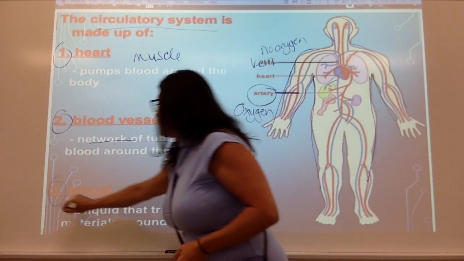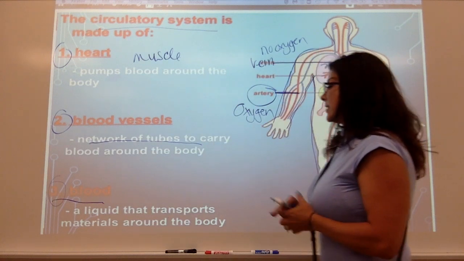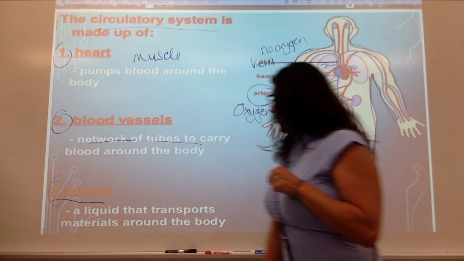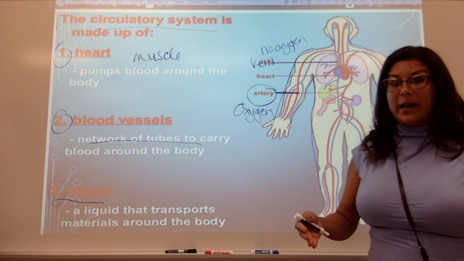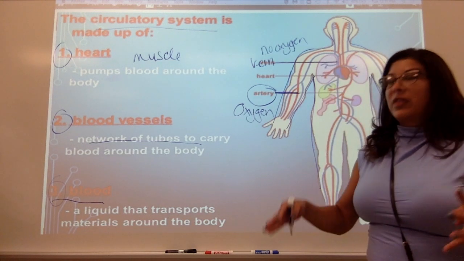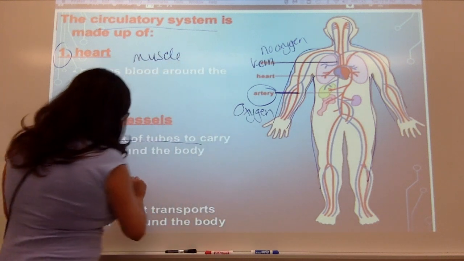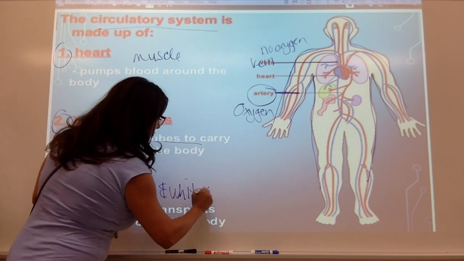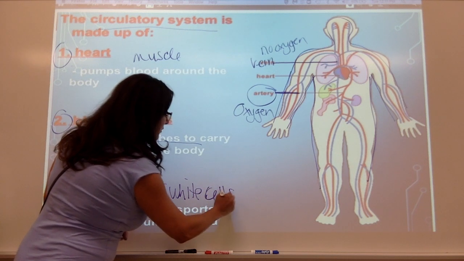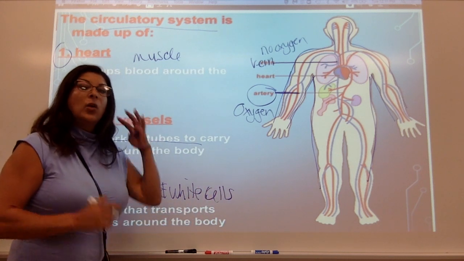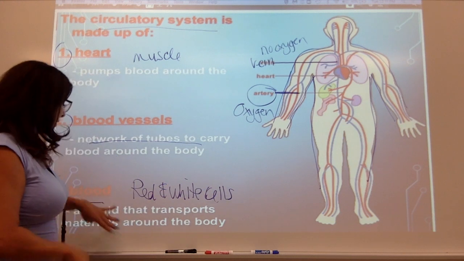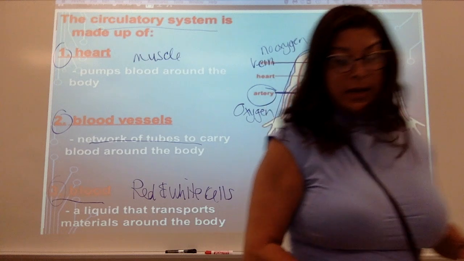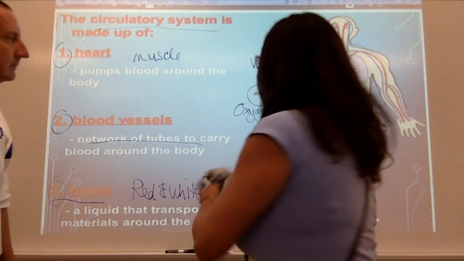Last but not least, the third part of the circulatory system is the blood, and that is absolutely crucial. It is a liquid that transports materials around the body. Blood is made up of a ton of things, but more importantly, there are red and white blood cells. You're also going to have digestive material and platelets. We'll go into this in more detail, but know that there's a lot to blood. The next slide is going to be for Mr. Shuchat,